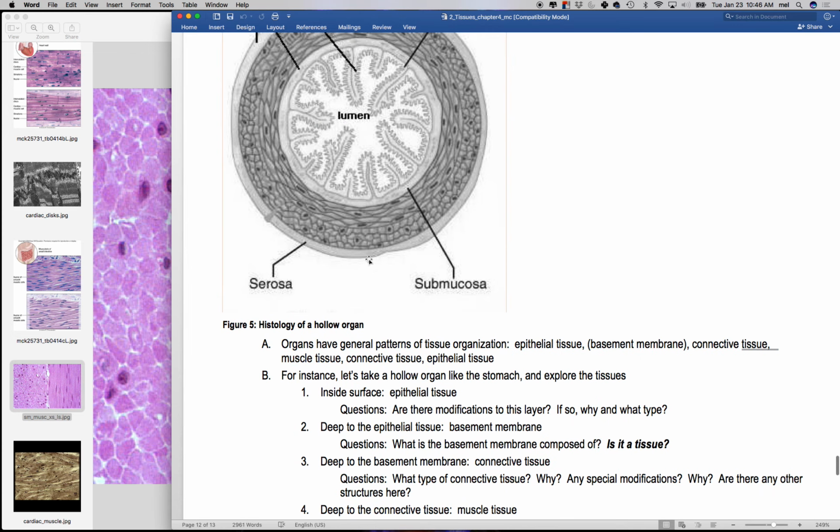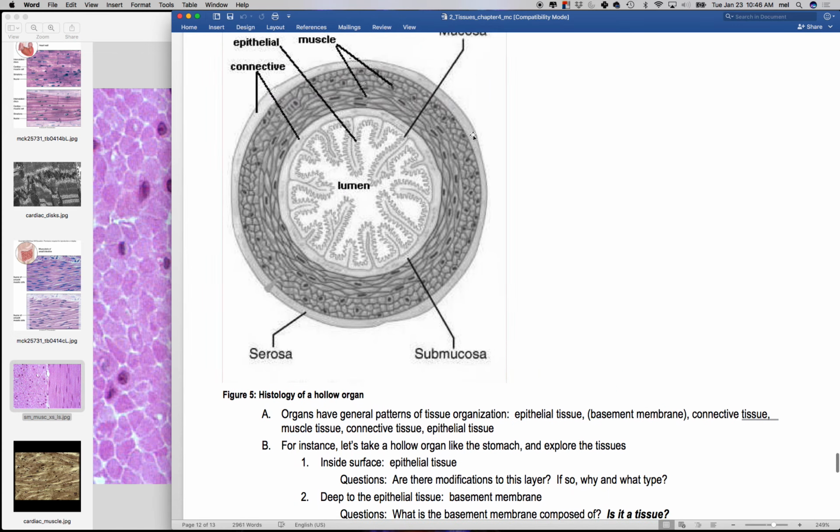And then on the outer layer, what you are going to have is either connective tissue plus an epithelium, or you just end at connective tissue, right? Does that make sense? The stomach actually has connective tissue plus an epithelium because it's like hanging out by itself, right? Okay, so